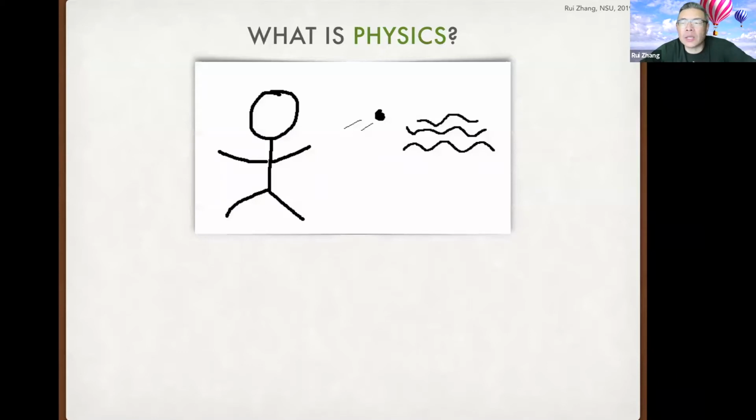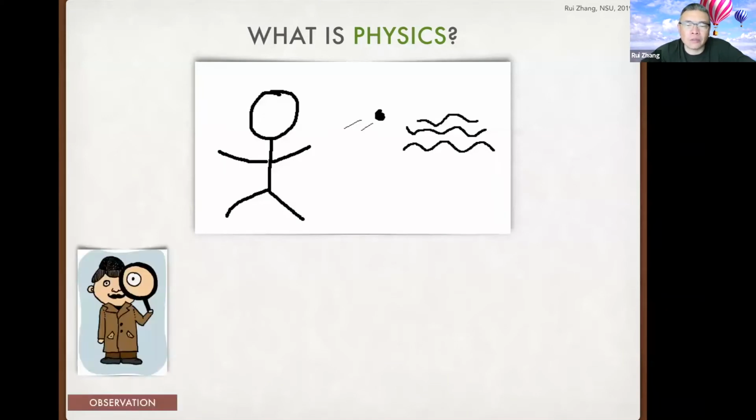Now imagine this situation. Imagine in the summer, going outside to a lake or to a pond, and then imagine you toss a stone. You feel bored, so you pick up a stone and throw it into the water. And we can talk about the physics of this process. The first thing we do in physics is called observation. When you throw a stone, you can observe the stone going out of your hand and then going back to the water.